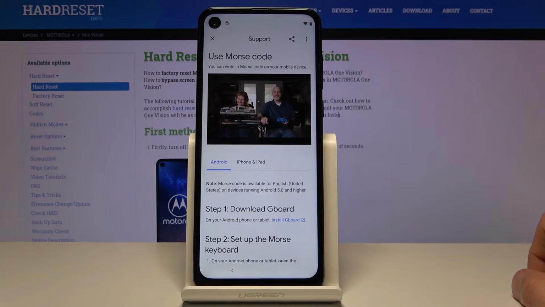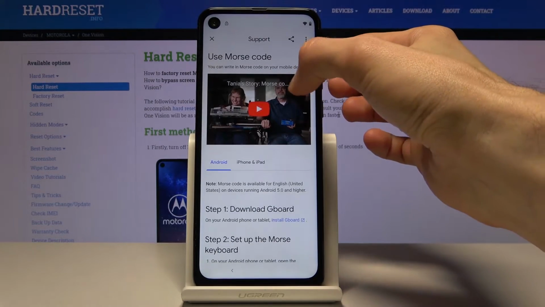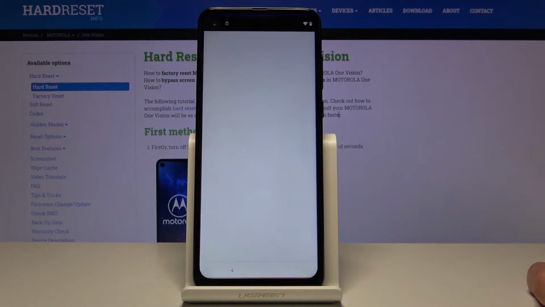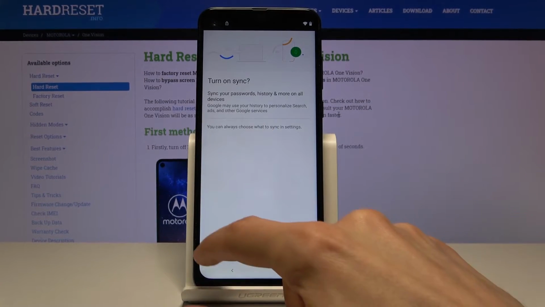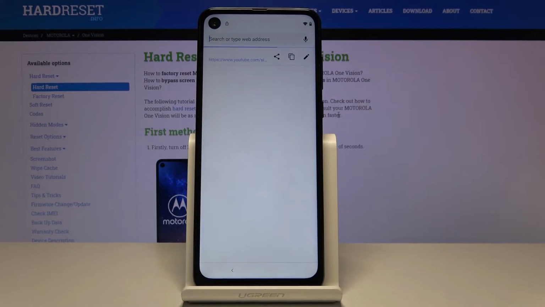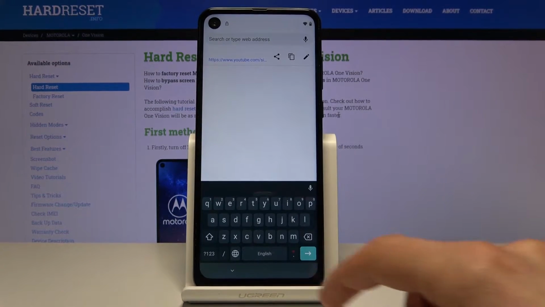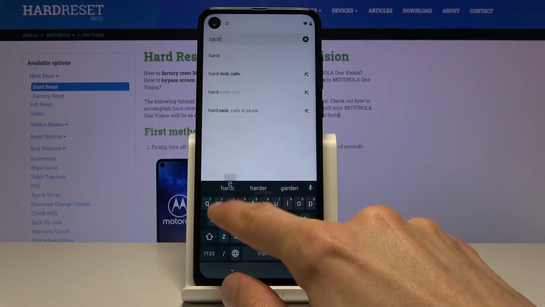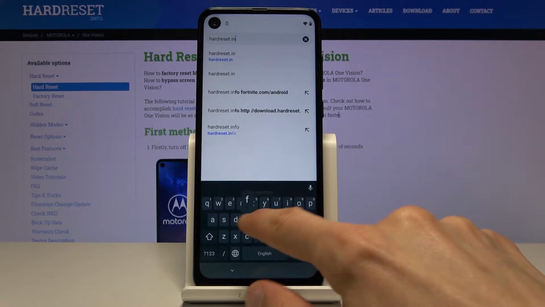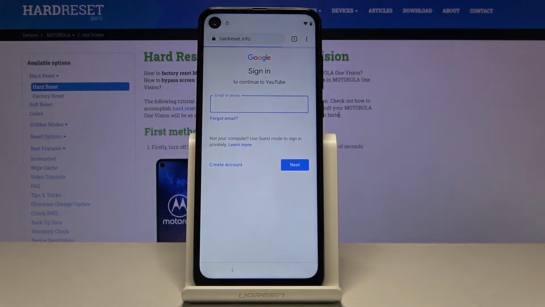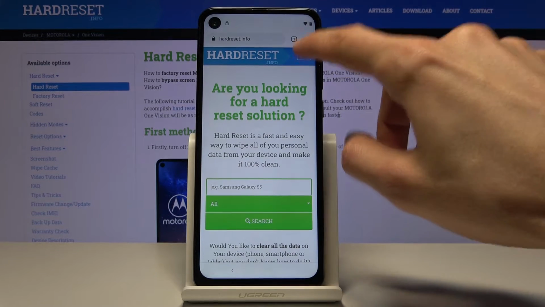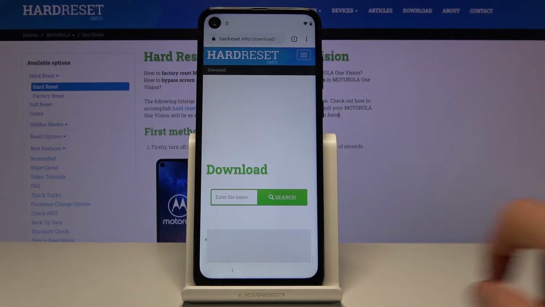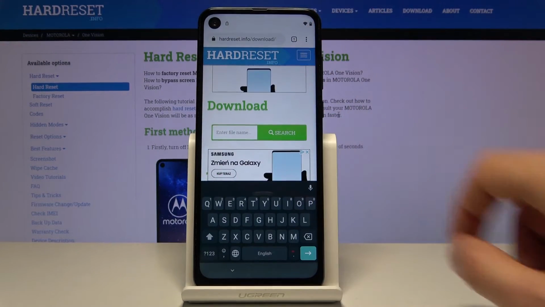Tap on the video itself, it will start loading, it gives you the three dot option right here, and from here you can tap on watch later, which will open up the browser. So accept and continue here, and no thanks. And tap on the search bar up here and navigate into HardReset.info. Now once the site loads, tap in the corner and choose download category,